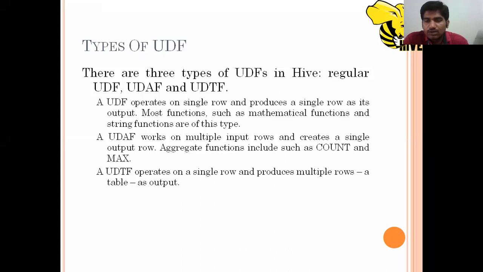If I want to calculate the overall things, that means overall, for example, out of these 94 members, how am I going to find out the overall? For that we are going to use UDAF. So it takes multiple input rows and creates one single output row. What I did was apply some aggregate functions, some count functions. So in total, how many counts are there? If you remember the table is